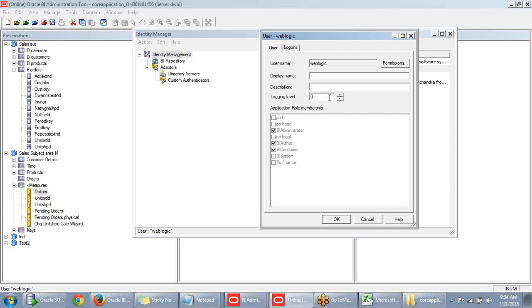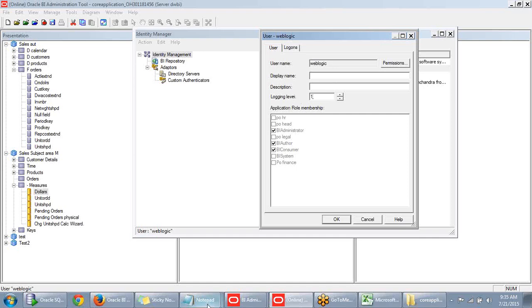But during our development phase, what we used to do is maintain log level as 2. We have log levels up to 7 or 9 over here. Maximum 7 is available. But in the development phase we are much bothered about the queries that are getting generated in the backend. All the queries will be available if you provide log level as 2. If you provide log level as 1,